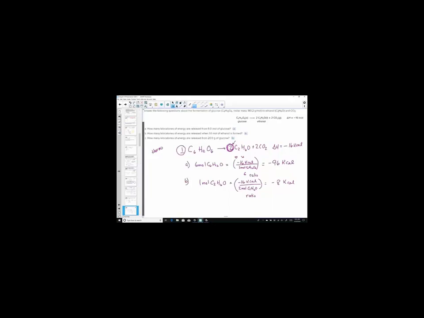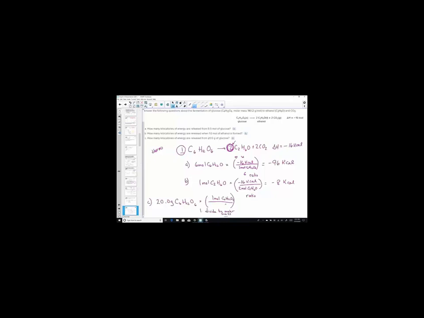How about letter C? I'm going to give myself more room. This is 20 grams of glucose. And we want to know kilocalories. So that means we have to get into the mole first. So step 1, we divide by molar mass. Then we can ratio. So I've got to go to work and find the molar mass of